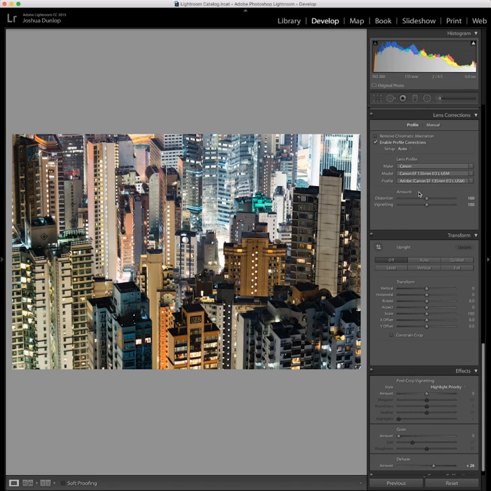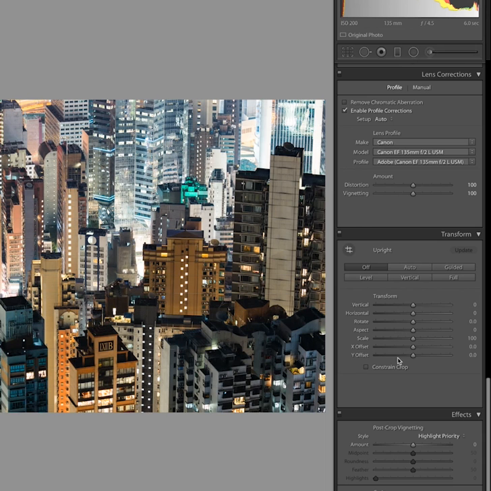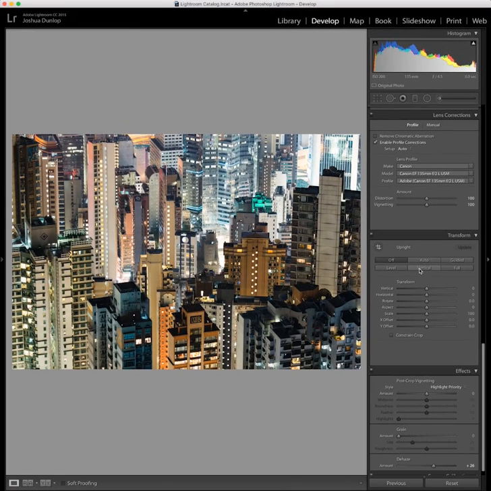Did you know that you can effectively change the perspective of your image using the transform section in the develop module? What this allows us to do is take an image that's taken from above and make it look as if we shot that image from the side. And it's very simple, just a click of a button. So I'm going to select vertical here,